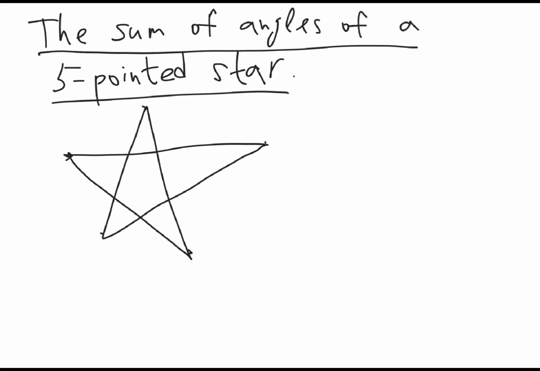Basically the theorem is that the sum of these angles, so let's denote them as alpha, beta, gamma, delta, and epsilon. So we consider only the angles in these convex vertices. Not in all. We don't consider this angle, for example,